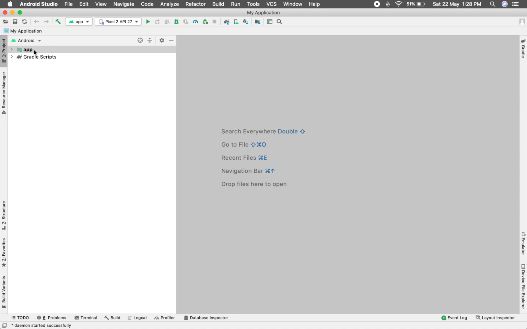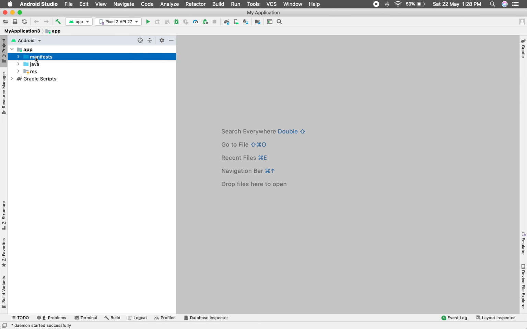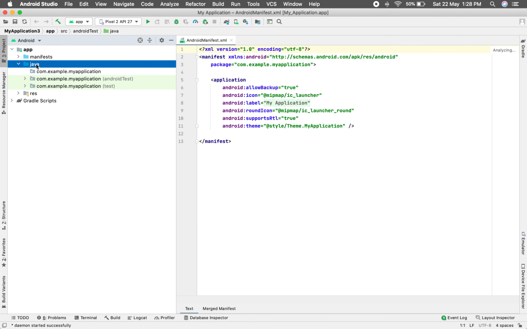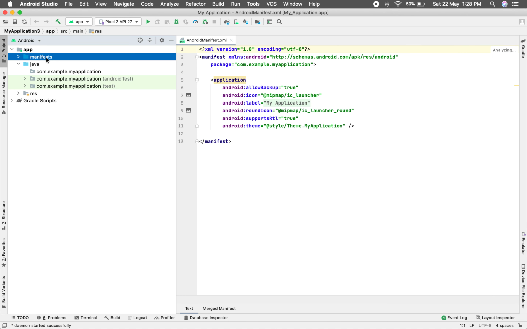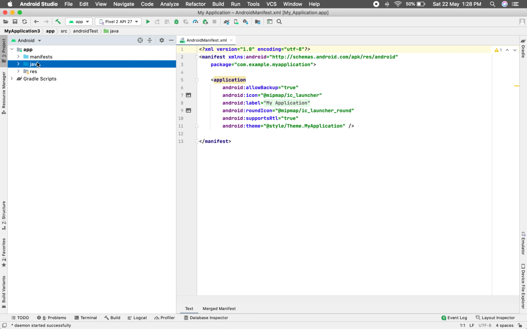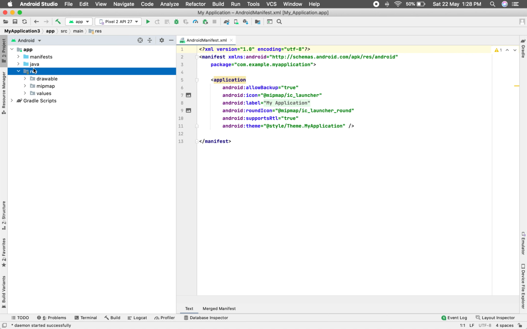Once that is done, you can see the basic structure of Android Studio. On the left side you can see the project view, where, when you click on app, you can see three major folders: manifest, java, and res. Manifest will contain the Android manifest file. Java will contain all the source code of your application, and res is the folder for resources, which will contain all the files related to images, assets, dimension files, text files, and so on.